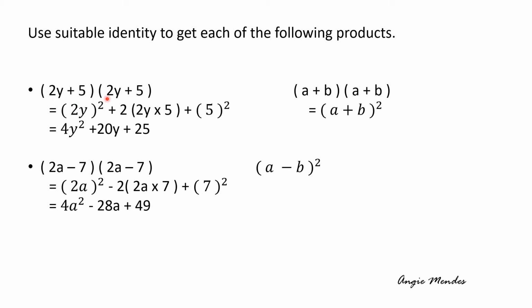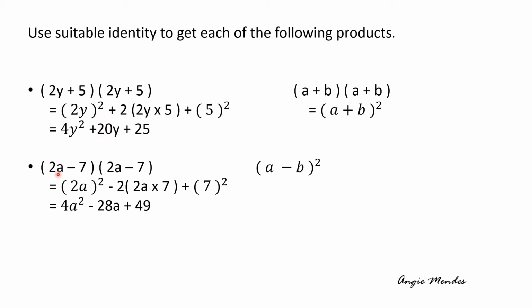Learn to read the problem that is given. You can see here 2y and 2y. So take this as a, and there is 5 and 5, so this will be b. So we have a plus b, a plus b. So a plus b into a plus b will give you a plus b the whole square. So applying a plus b the whole square gives us a square plus 2 into ab plus b square. You can find the solution to the problem. All you need to do is learn to read the problem that is given, apply the correct identity, and then expand it further so that you get the correct solution.